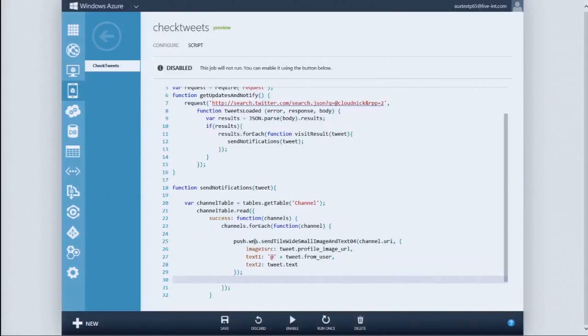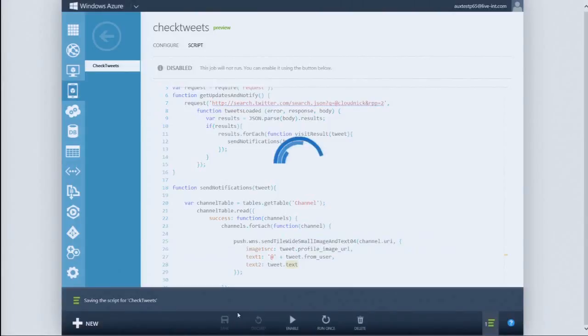I'd like to call out that this API for sending notifications is actually quite simple. The push.wns namespace has overloads which will support every single toast, tile and badge template type available. So what we do here is we call the send tile image text 04 template type. We pass in the channel URI and we'll provide the tweet. So the tweet object actually has the profile image URL of the person that sent the tweet to me. We've got their alias and we've got the text. So I'm going to save this,